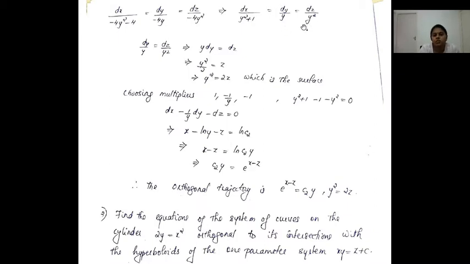by y square. Now you can group the terms here. So take this dy and dz. So y will cancel off. So you will get y dy equal to dz. So on integrating, you will get y square by 2 equal to z. Which you can see is your actual surface. So I am not using an arbitrary constant c there. So that is the solution, which is actually your surface.